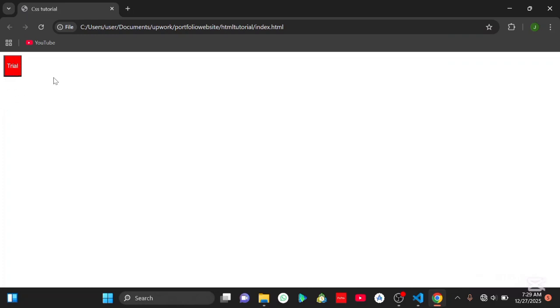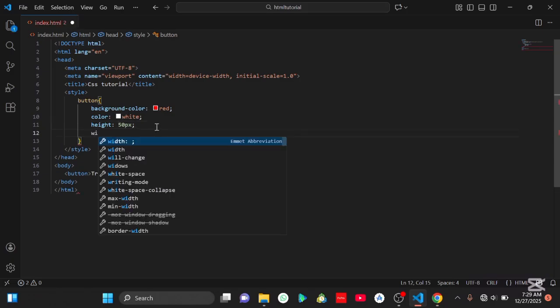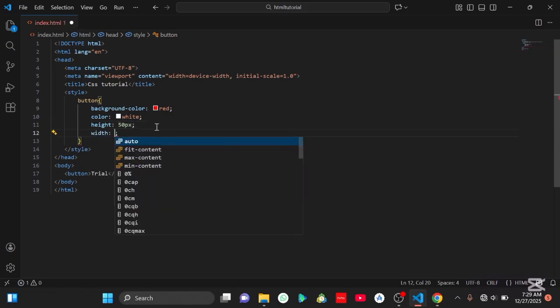Maybe let's talk about how we can increase the width so that it looks somehow good. So I'm just going to come here, just below here, and you can talk of the width like that. And then maybe we can give it a width of 100 pixels. And let's see how it's going to look. So I'm just going to refresh, and you can see now our button is a little bit good,